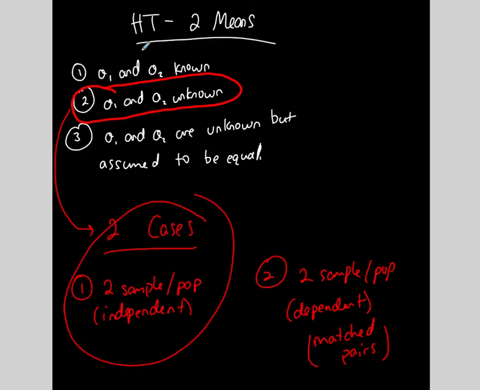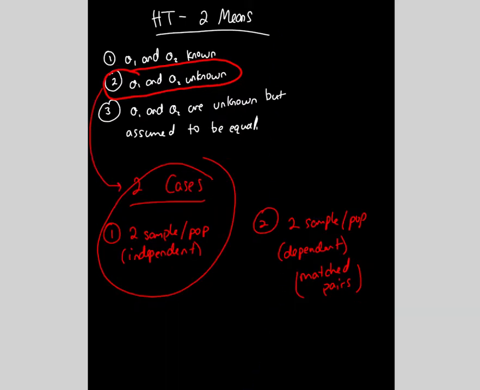So the first one that we're going to do, at least right now, is the case where I have two means I'm comparing. The standard deviations for the populations are unknown, so that means I'm always on a student t-distribution. And I have independent samples. They're not dependent, they're not matched pairs, they're separate. So that's where we're starting. Under all those conditions,